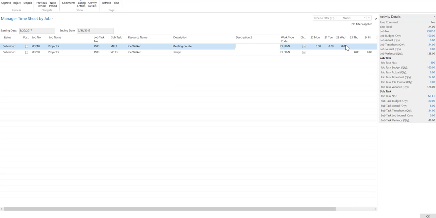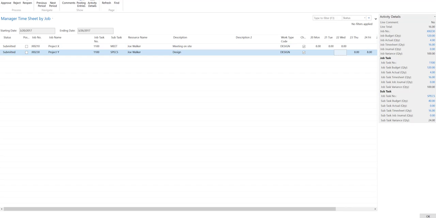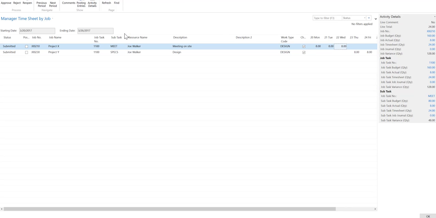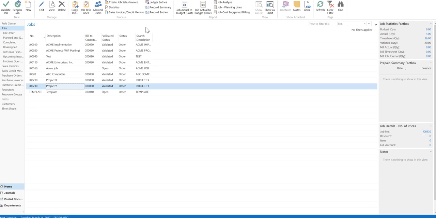I'm satisfied with this line, and I'm going to review this line, and it all looks good. So I'm going to just go ahead and approve these. Go ahead and click approve, and I can approve one line or all lines. I will approve both lines here. I would do the same thing for any other timesheets. And once all the timesheets have been approved, then it's simply time to post them. So let's go back to our role center,